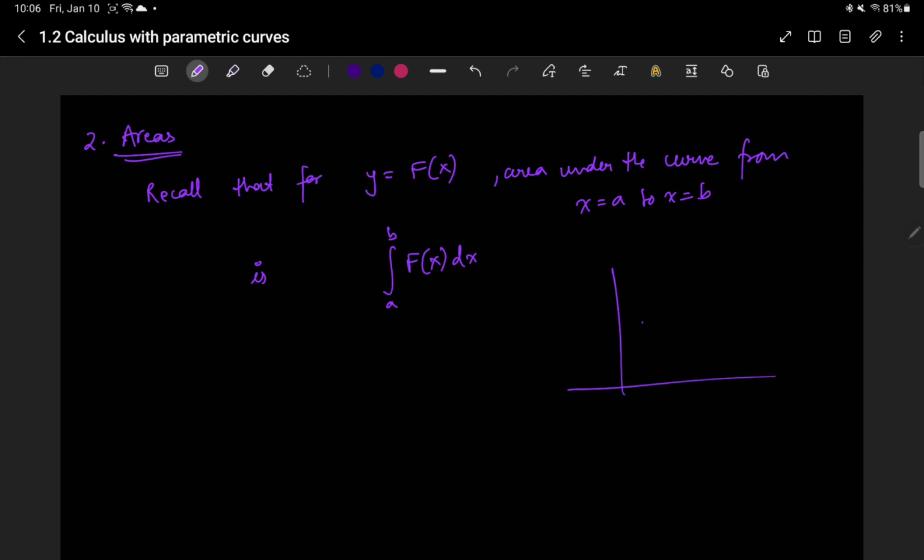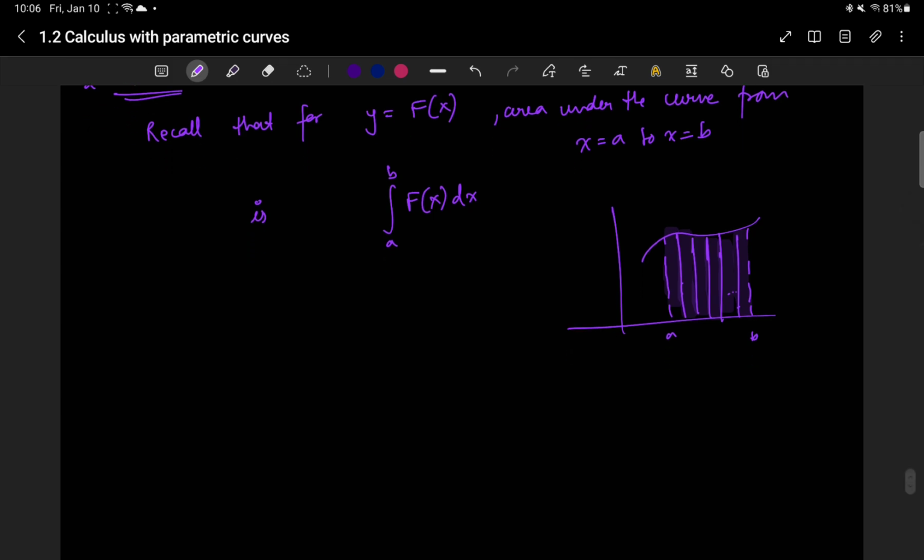The idea being that if you have a function and you go from a to b, break this function down into a bunch of rectangles, and you add up the areas of all of these rectangles, and it becomes this integral. That's something that you've learned in prior classes. So once again, we have a similar question here, like the one we tackled in the tangent video, which is: what if